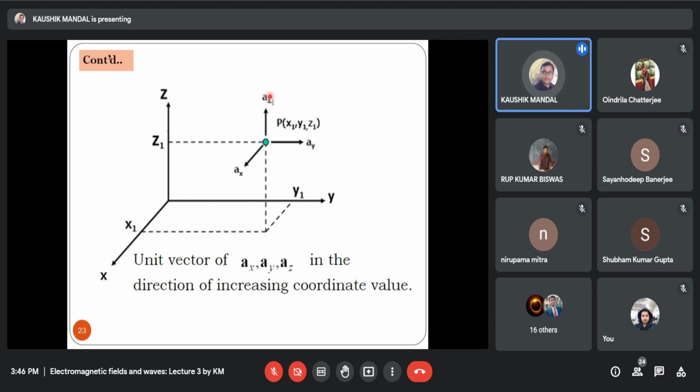So to determine the direction of a unit vector, first you consider that particular point, and